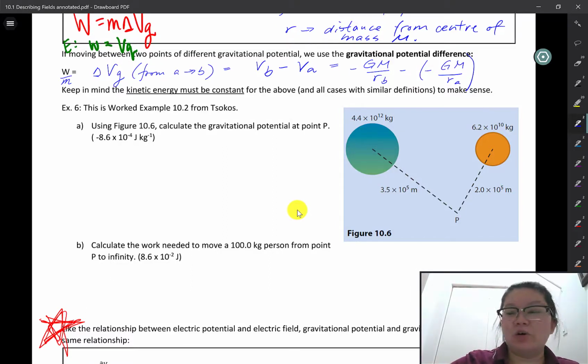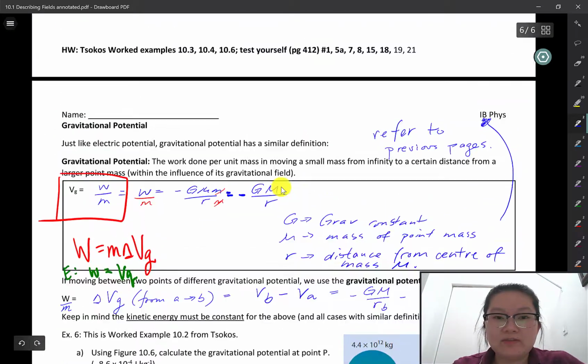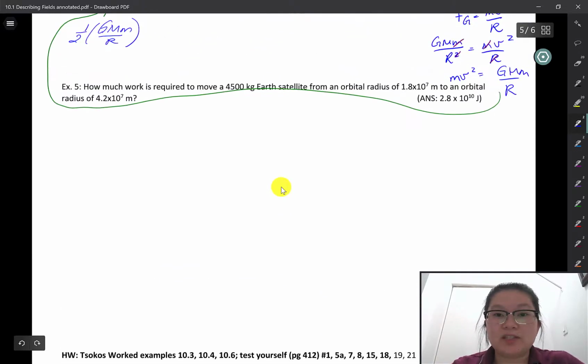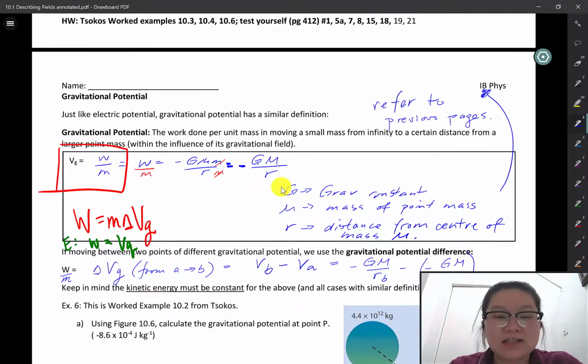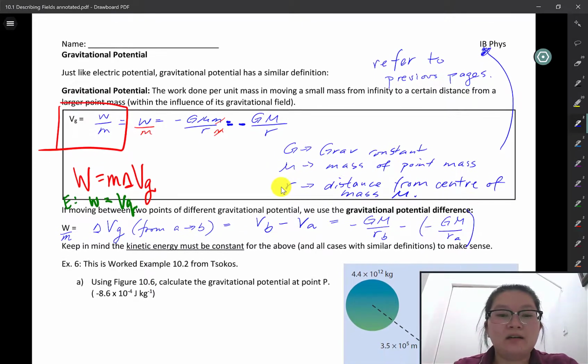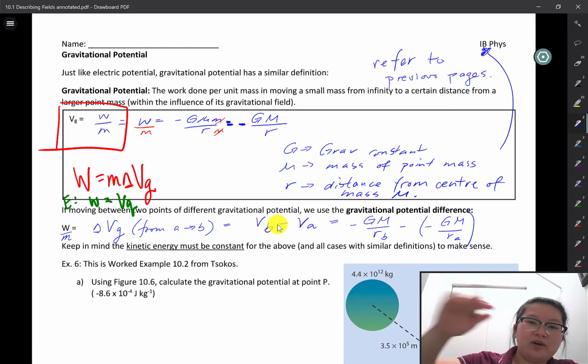In this video, we are going to continue on with gravitational fields. In the previous videos, we looked at gravitational potential energy of orbiting satellites. Now we're going to look at examples involving gravitational potential. So again, a lot of similarities with electric potential, and kind of think of it as the different points in